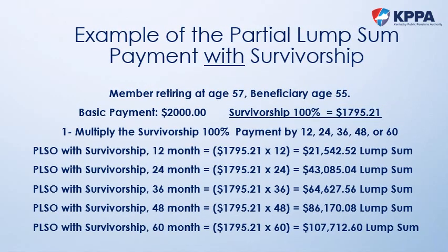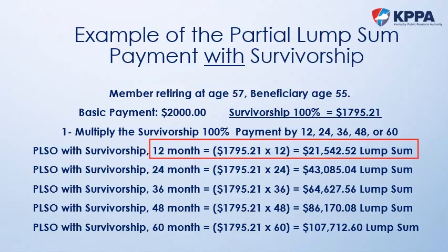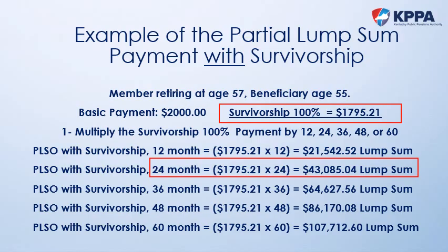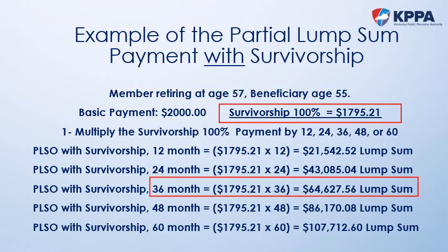In this example, if the member chose the 12-month PLSO with survivorship option, they would receive a one-time lump sum payment in the amount of $21,542.52. If the member selected the 24-month PLSO with survivorship option, they would receive a one-time lump sum payment in the amount of $43,085.04. By choosing the 36-month PLSO with survivorship, the member would receive a one-time lump sum payment in the amount of